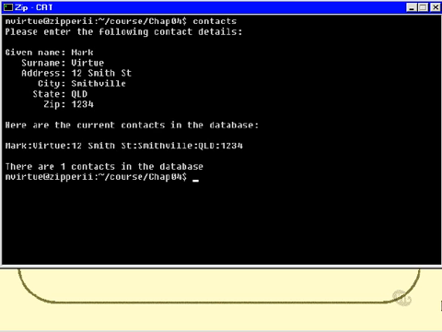Here are the current contacts in the database, and then there's the names that I just typed in, separated by colons, which is very nice, and I put little blank lines around it so it makes it easier to read. There are 1 contacts in the database. Now, while that may not be grammatically correct, it is indeed technically correct. So I can run it again. Let's just run it a second time,